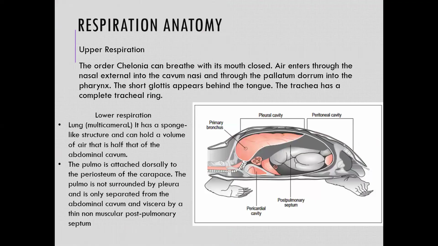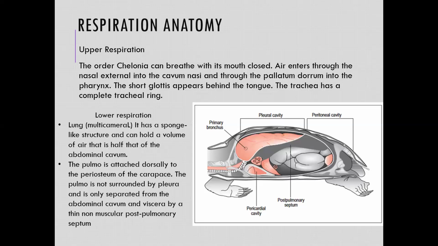Okay, we move to the respiration organ. They breathe majorly with their nasal, or their nose. Their air enters through the external nares into the cavum and through the palatum durum into the pharynx. The glottis appears behind their tongue, and the trachea has complete tracheal rings, and their lung is